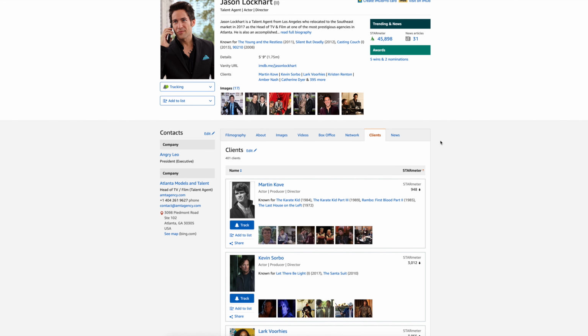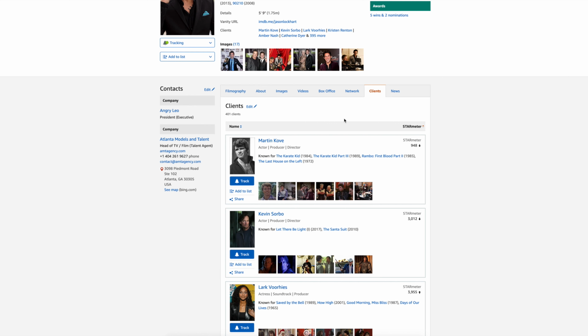This section is usually only for companies, talent agents, and managers who have clients such as actors or performers, right? They're usually listed down here, and they're listed by the star meter. I'm going to explain to you what the star meter is in a second. Anyway, as you can see right here,